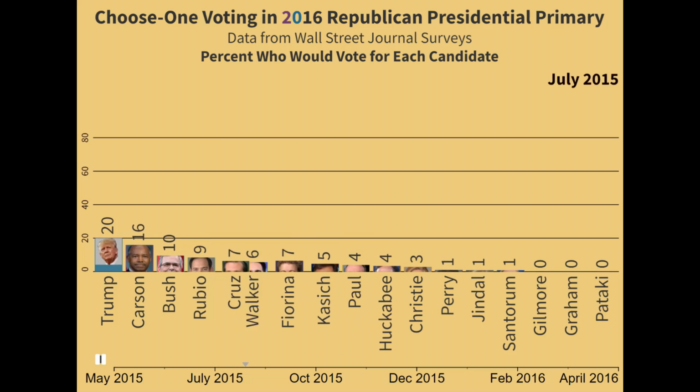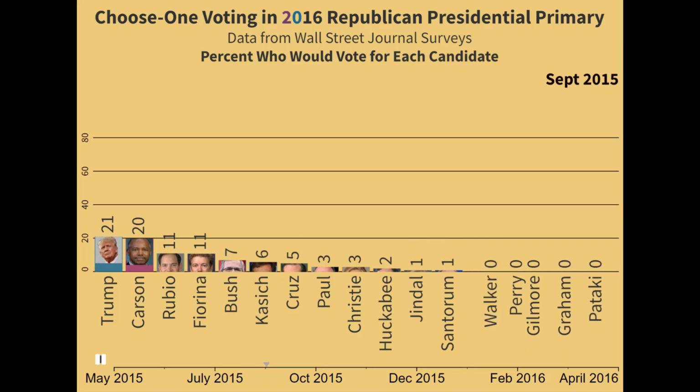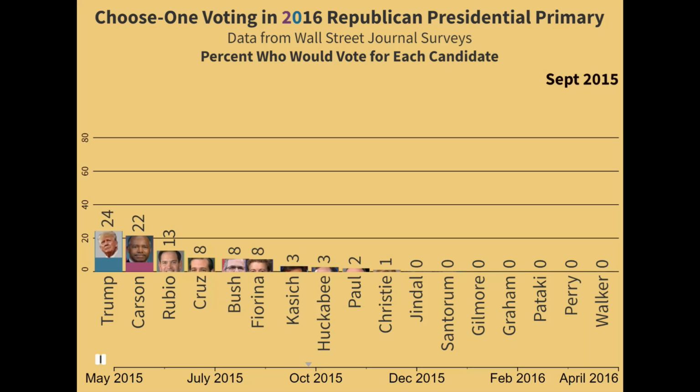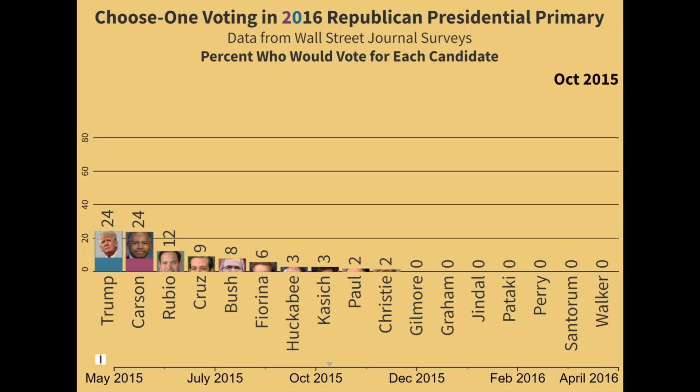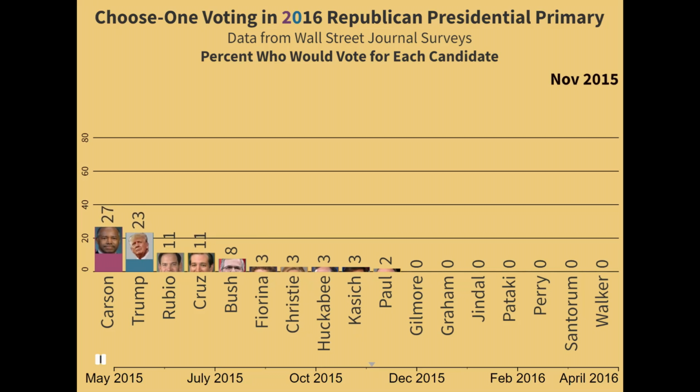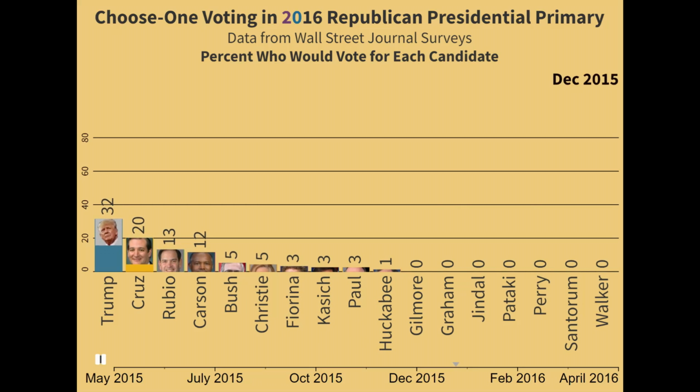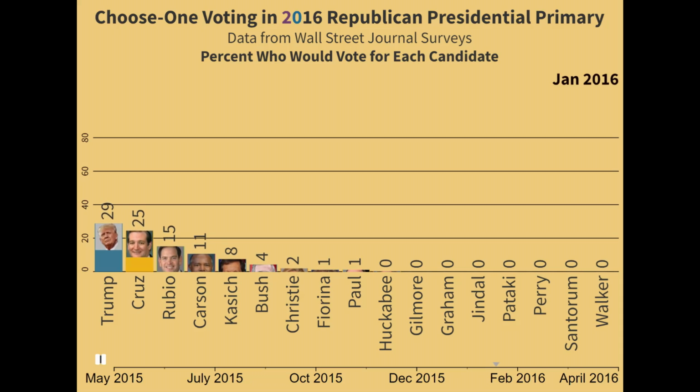By October 2015, Ben Carson had moved into the lead, 26% to Trump's 24%. 6 of the candidates had decided they could not compete and had dropped out of the race. By January 2016, Trump was the leader with 33% of the voters. That still means that 67% of the voters would prefer one of the other candidates. By February 2016, 11 more candidates had dropped out. Ted Cruz moved into the lead with 28%.